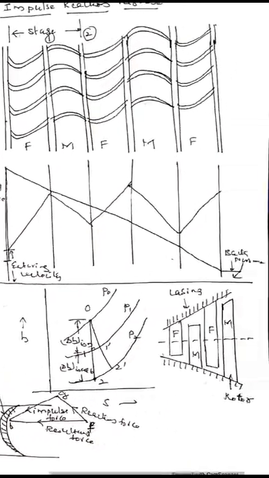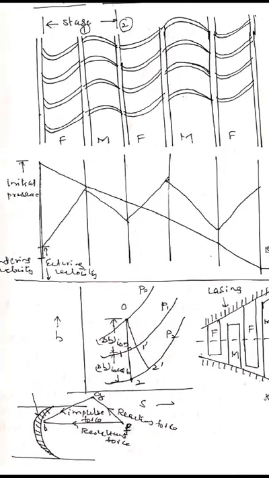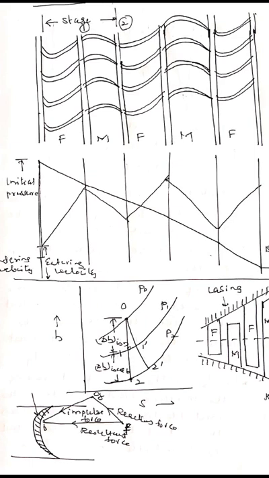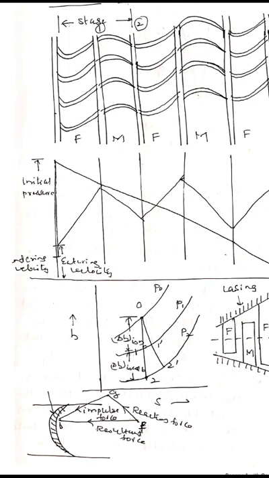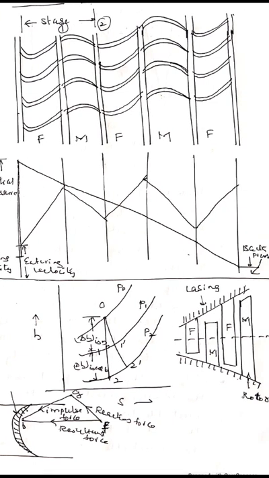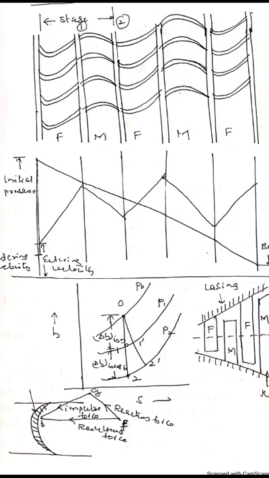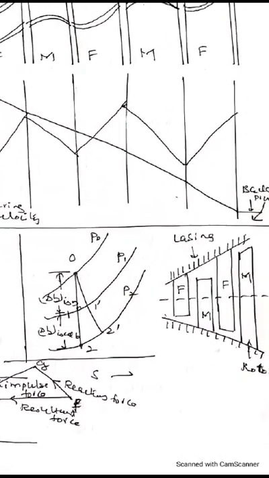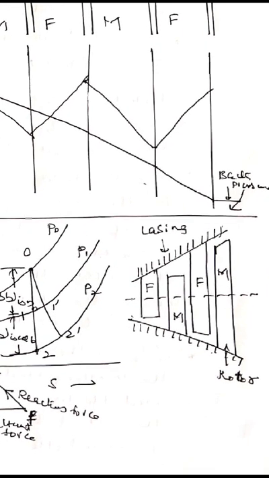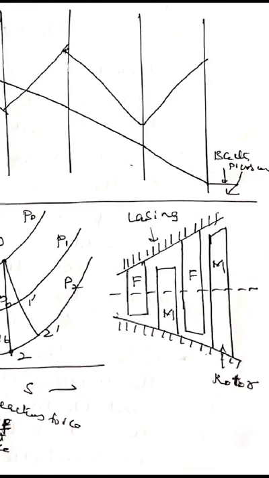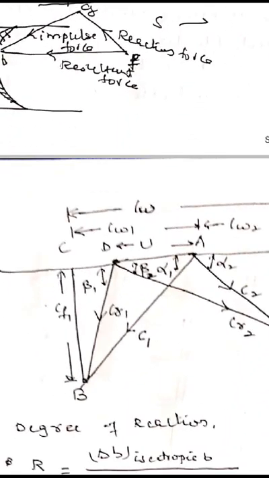And we are seeing the pressure and velocity variations along the turbine shown here. You see that pressure energy goes on decreasing from inlet to outlet. It decreases in both the fixed blades as well as the moving blades. And the velocity of steam increases in the fixed blades or nozzles. It is utilized on the moving blades. Again, it increases in the fixed blades, and so on. And we can see here the fixed blades are attached to the casing and moving blades are attached to the rotor. The combined velocity diagram is shown here in the figure.